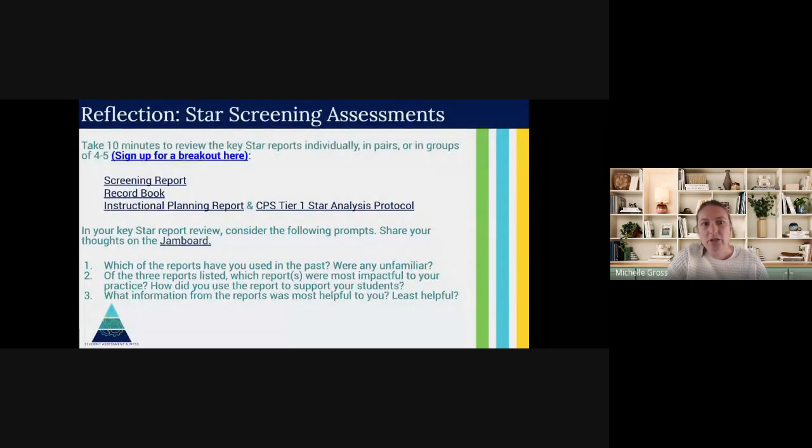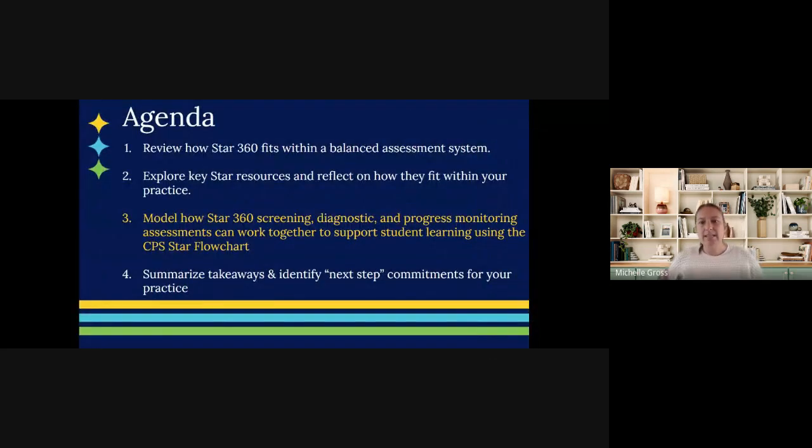All right, I'm going to jump back into the deck. I'll take a second just to see if there are any other questions. I love how you're using the chat, so continue to do that if you'd like to. But I don't want to move ahead too quickly if there's anything else you want to go over.